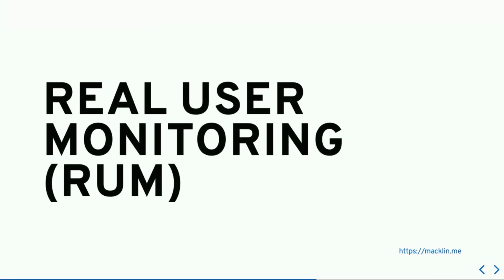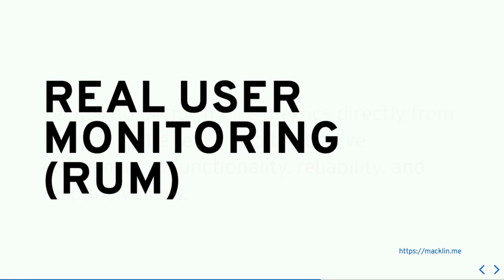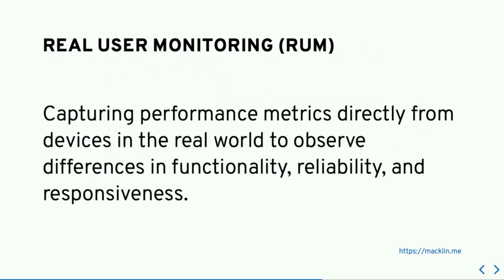All right. So this is where we need real user monitoring, right? Because the only way that we can see how this performance happens or manifests in the real world is to get it directly from our real users. So essentially, real user monitoring is capturing performance metrics directly from the device. That allows us to actually factor in all of these things, the differences in network speed and device performance and all sorts of other things.